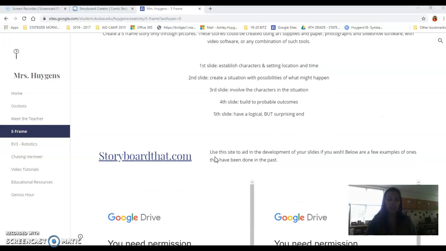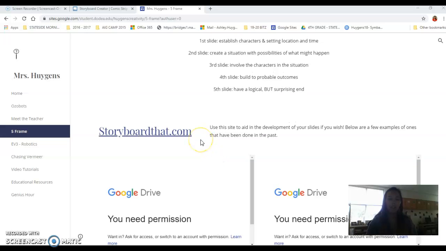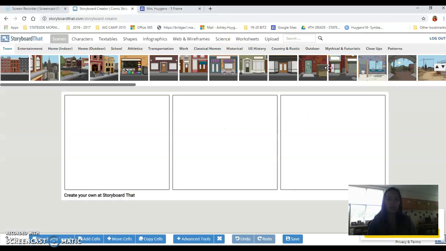To access the Storyboard Creator, you're going to go to storyboardthat.com. Once you click on storyboardthat.com, you can go ahead and log in with your username and password. When you log in, you can simply click on Create a Storyboard, but one area that you may be a